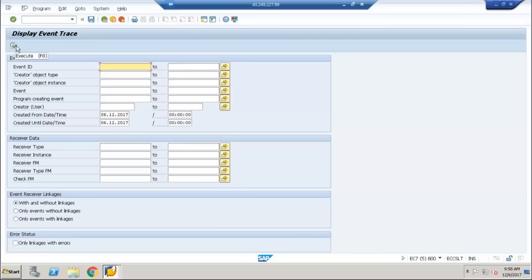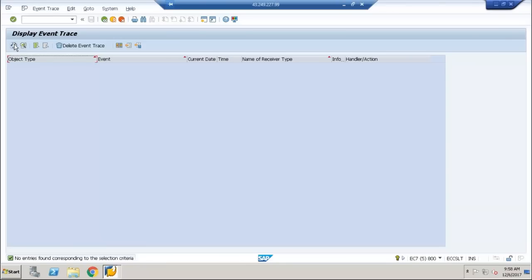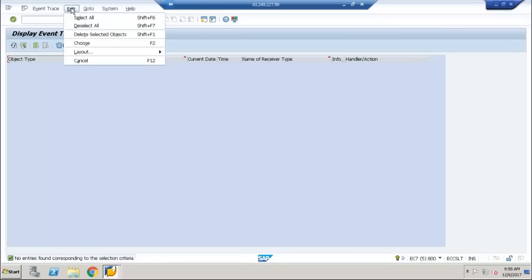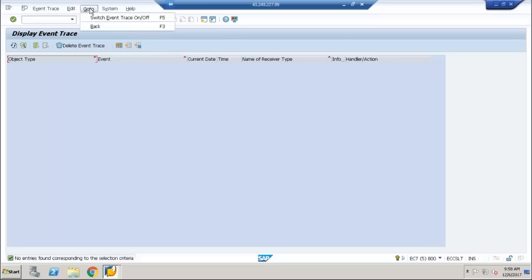If you look here, there is no trace as of now. If you go to event trace and go to edit, here we have switch event trace on and off. If I click this one,